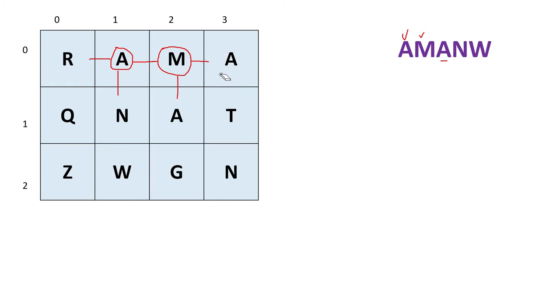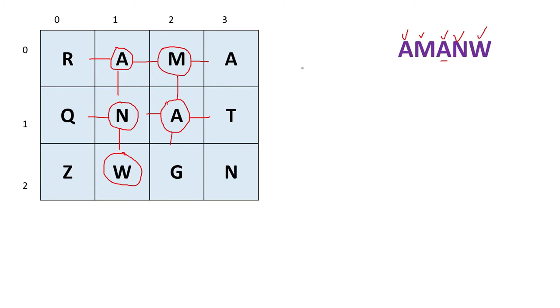So we can remove this. Now if we take this A, from this A we can go in these 3 directions. So we can get N, G and T, but we want N. And N we got here as a result. So N is processed. Now from N we have to search for the letter W. So we can go in this direction or this direction. In this direction we got W, right? So finally we got each and every letter present.